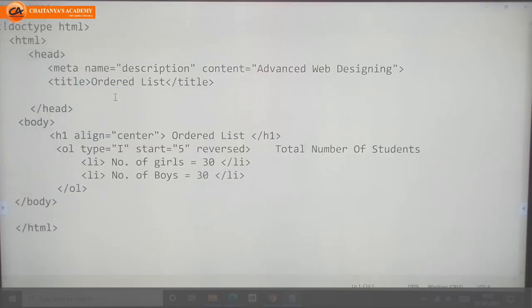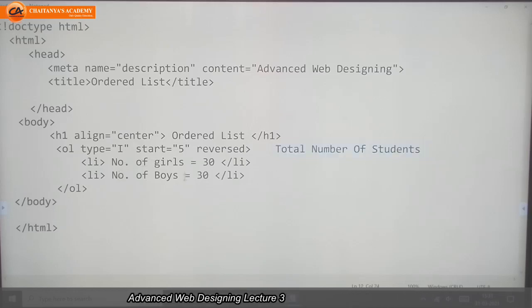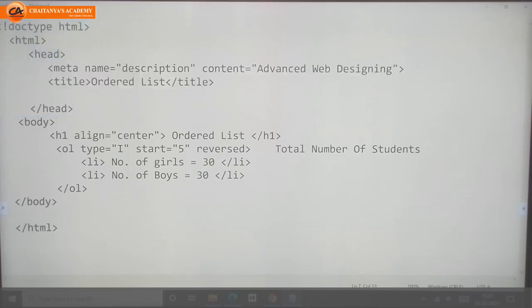Ordered list. See, here I want to display a simple ordered list of total number of students, number of girls and number of boys. So what I did, the part from doctype HTML to end of head remains the same.